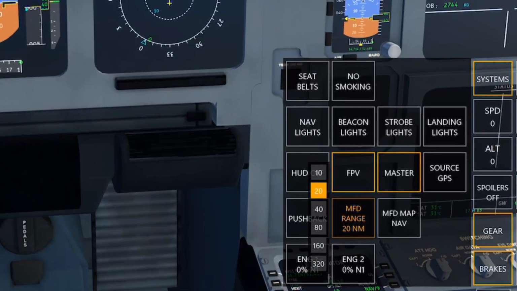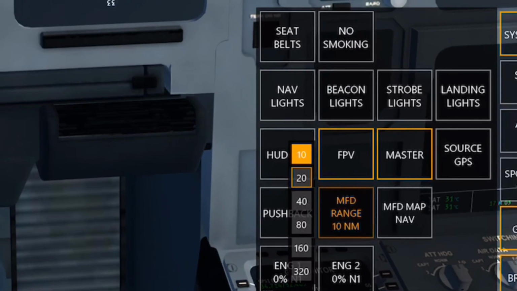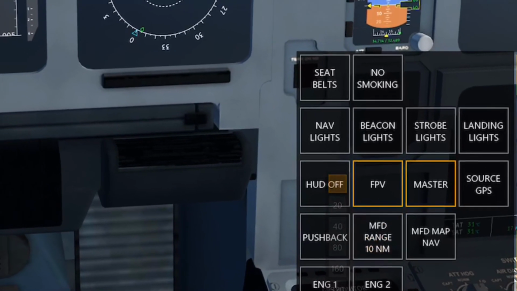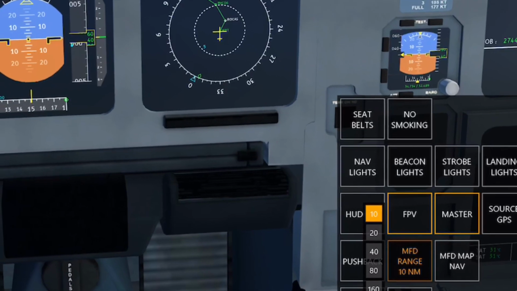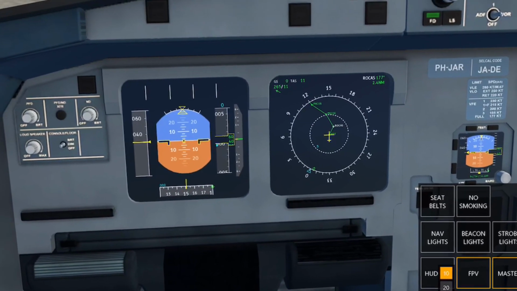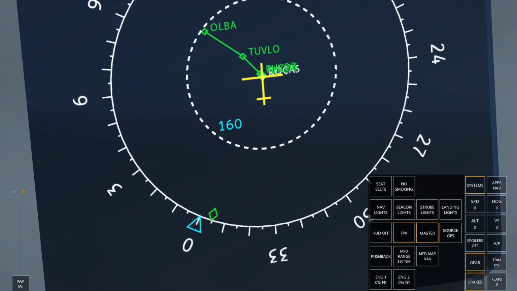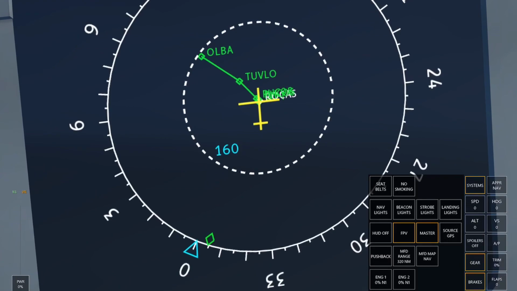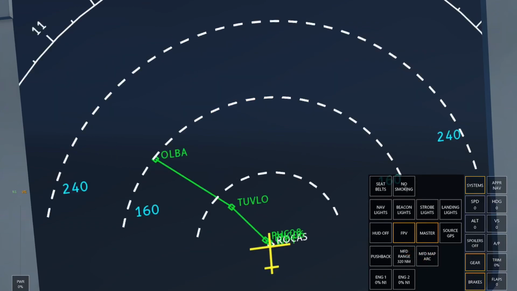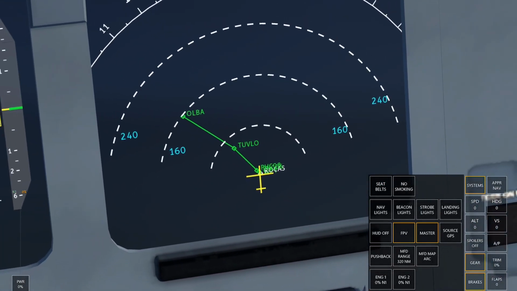But you have the option to see more by zooming in. If you keep pressing the MFD range, you can actually zoom in or zoom out from your flight plan. For example, if I want to put 320 nautical miles, you can just set it right there. And also by moving it from NAV to ARC, that's what I think it means, but anyway,